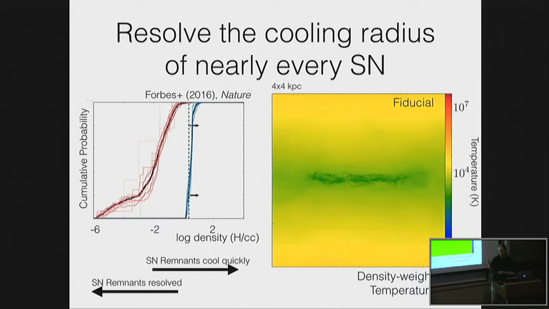But because we're dealing with dwarf galaxies, which are physically smaller, which have lower densities in general in their ISM and have lower metallicities, we actually end up with all of our supernovae, which is this red curve here, all of them to the left of this line where we think they're basically resolved. And if you look very closely, you can see individual supernovae actually going off in the simulation, sort of like popcorn or lightning bugs.